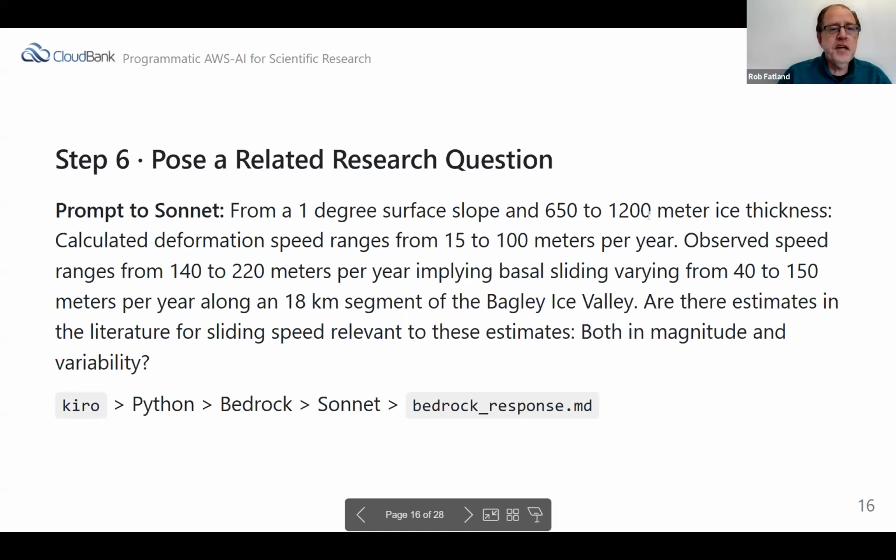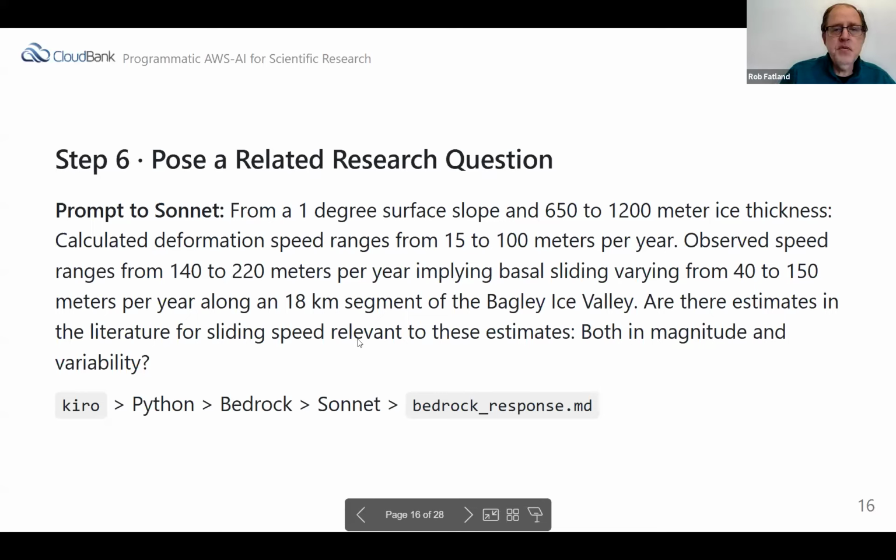And the deformation speed is something like 15 to 100 meters per year, but the observed speed is 140 to 220 meters per year, which means that the observation is faster than the glacier would move if it was just deforming under its own weight, and therefore there must be some basal sliding going on, some sliding along the bedrock. And the question is, are there estimates in the literature for sliding speed relevant to these estimates that we have from this data, both in magnitude and variability?